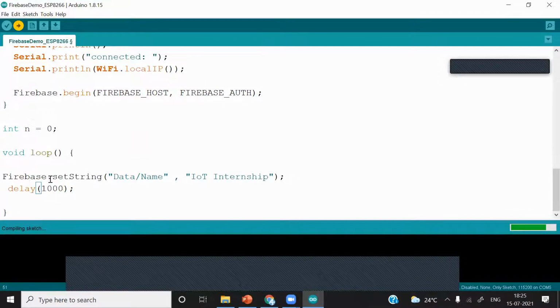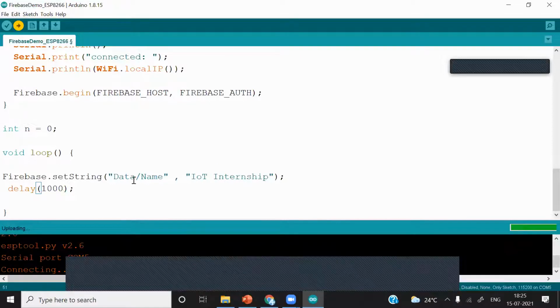This function Firebase dot setString is used to write string data on the real-time database to this JSON branch, data slash name. It will write this data in front of this JSON branch. We'll check how it works.